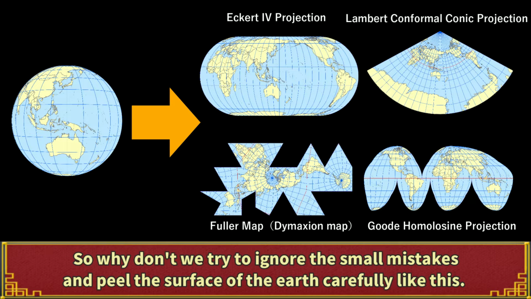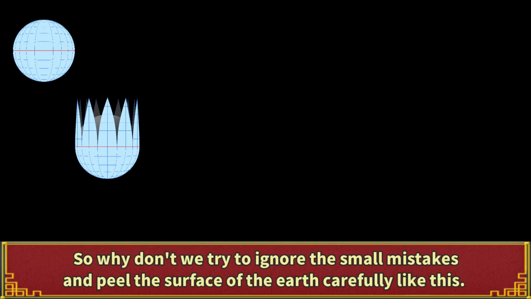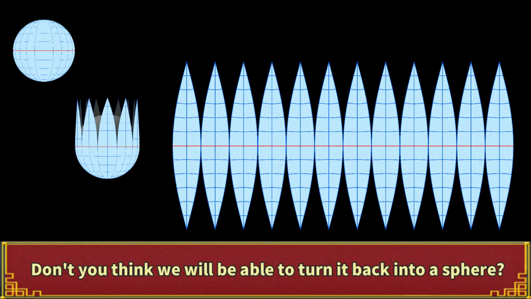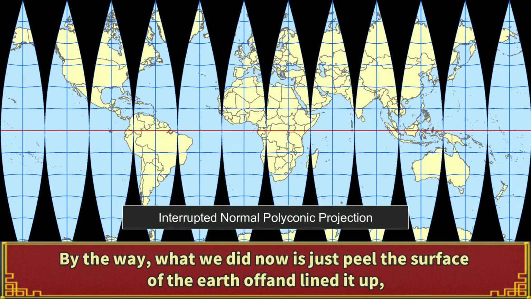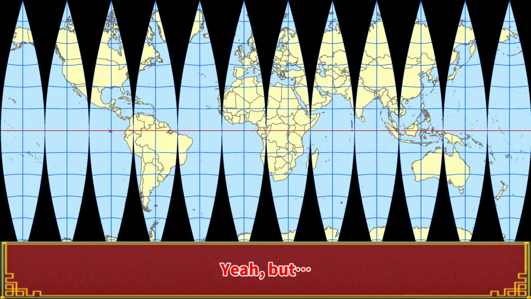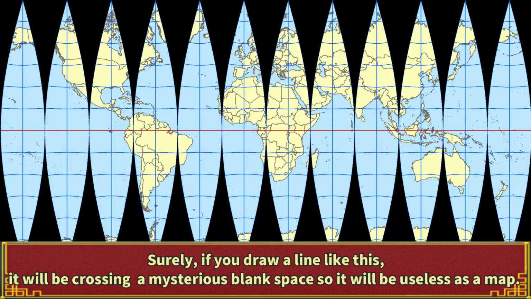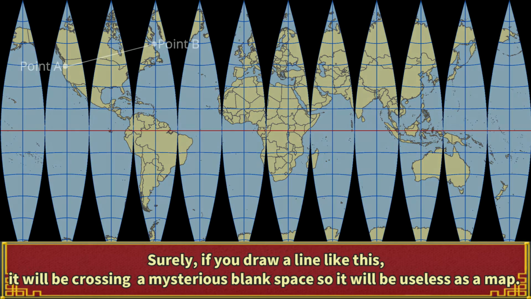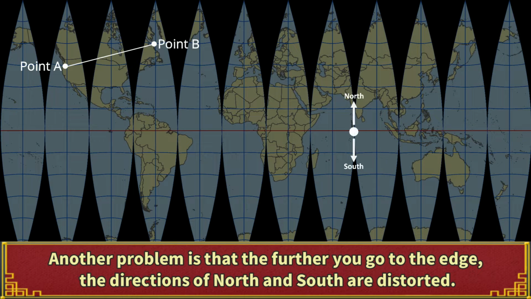I see. So why don't we try to ignore the small mistakes and peel the surface of the Earth carefully like this? Don't you think we will be able to turn it back into a sphere? You're right. It looks like we can turn it back into a sphere. By the way, what we did now is just peel the surface of the Earth off and line it up. So the area is accurate at this point. Yeah, but the area might be accurate, but the land and sea are shredded into pieces. Surely, if you draw a line like this, it will be crossing a mysterious blank space, so it will be useless as a map. Another problem is that the further you go to the edge, the directions of north and